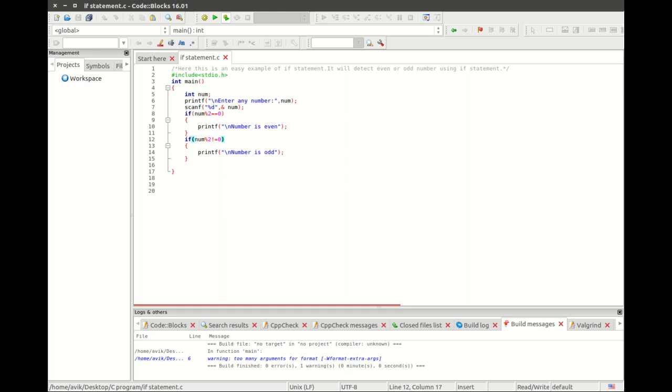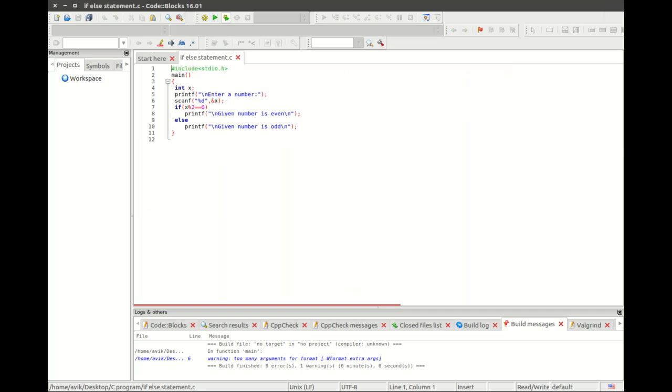Okay, now I already chose a similar example to make it easier. Here I also check even and odd numbers, but we use else here rather than a second if statement. Okay, and if you run a long program, then it will be more beneficial than an if statement, because it generally